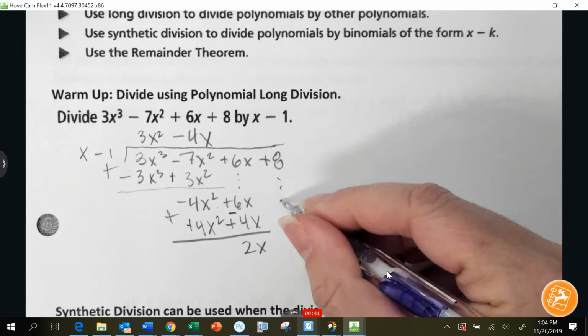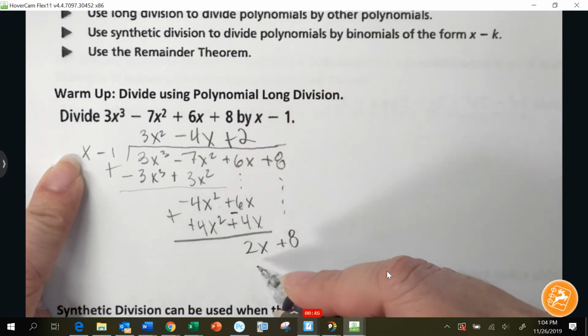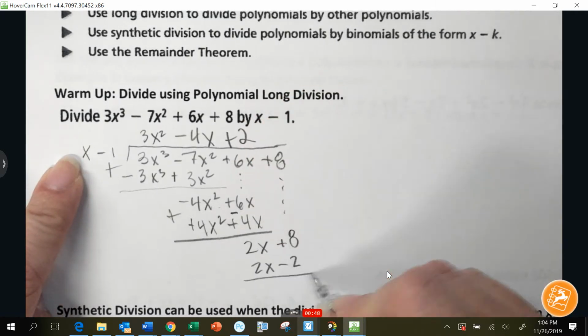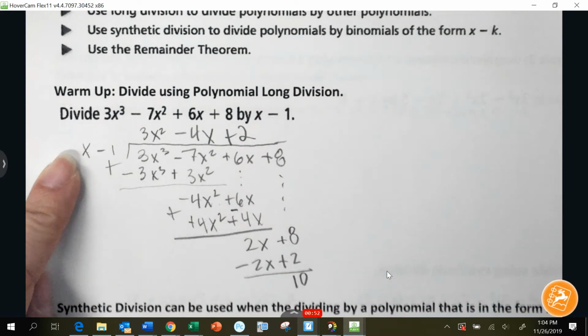2x. Bring it on down. X goes into 2x 2 times. Distribute. I get 2x minus 2. Draw the line, change the signs. I get 10. So my quotient,